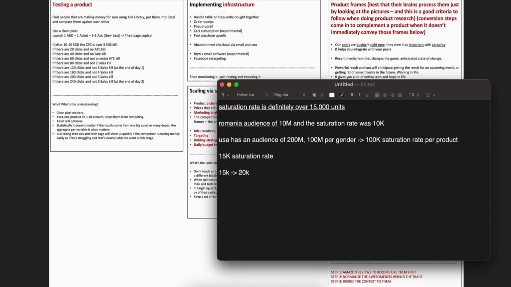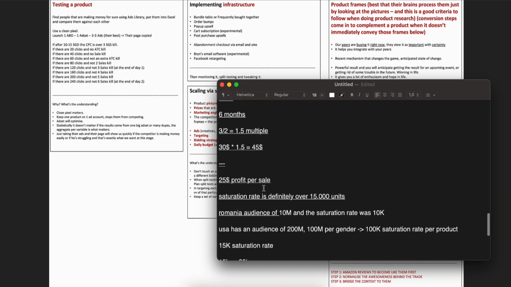So again, let's be extremely conservative, and let's say that in America and in all of those other countries, the only thing that we will be able to do is to increase it from 20K to 25K saturation rate, right? So with scaling it across multiple countries, with expanding to TikTok, we're now looking at a saturation rate of 25K, right? And with my conservative estimate of $45, and then with an extra conservative